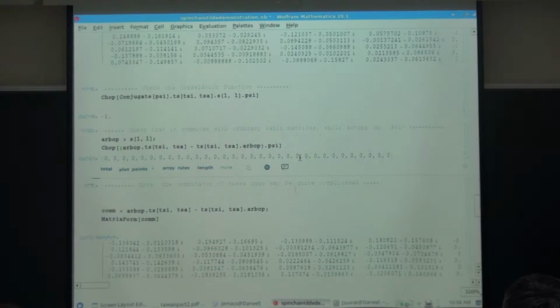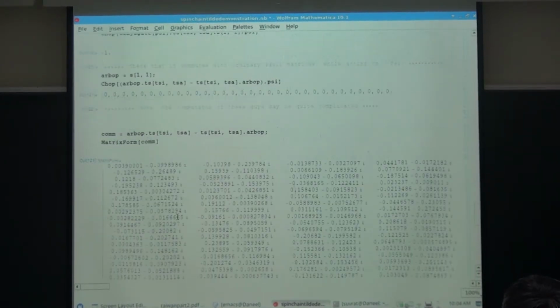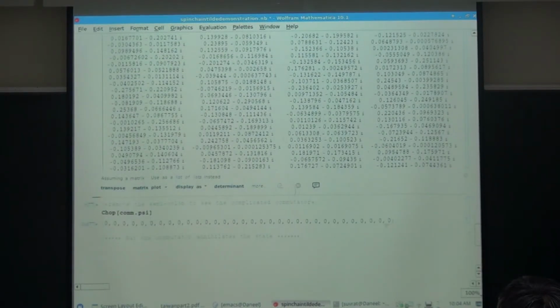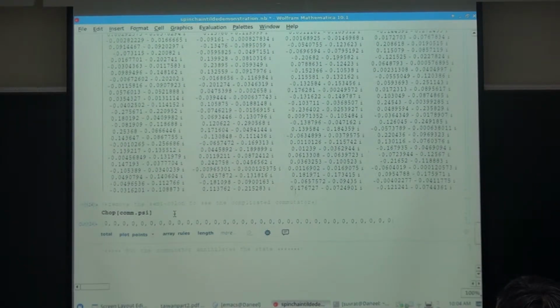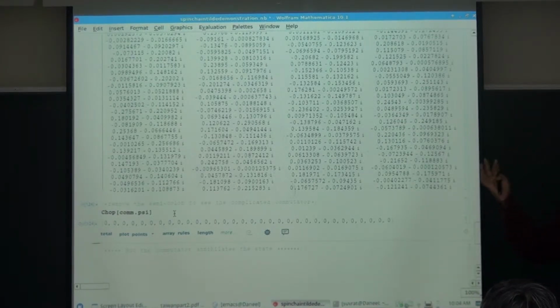On the other hand, you can compute the commutator as an operator. This was your question. This is the commutator as an operator. So it's some horrible operator. It doesn't have any nice meaning, but the commutator as an operator has the property that it annihilates the state. So if you measure the commutator on the state, it's 0. It's some operator, but it's actually 0. On the state, it looks like it's 0 for some observer doing simple experiments, but secretly it's some horrible operator in the full Hilbert space.